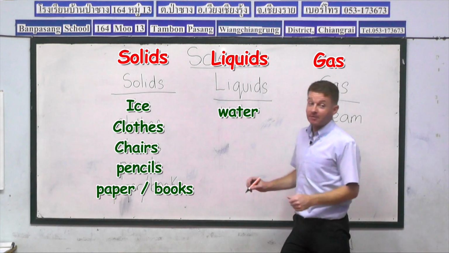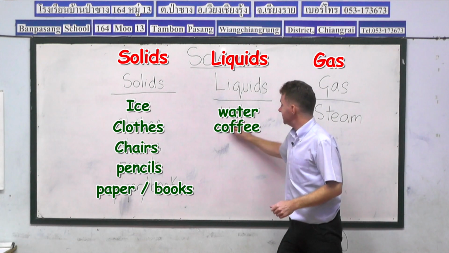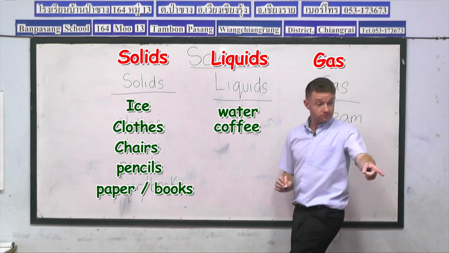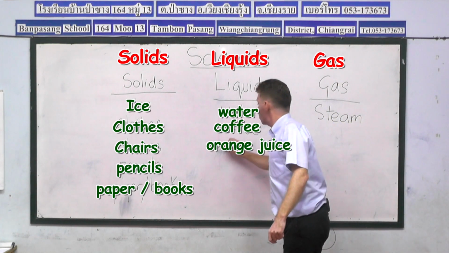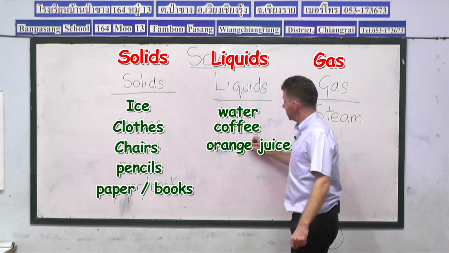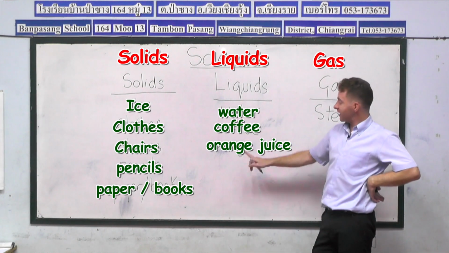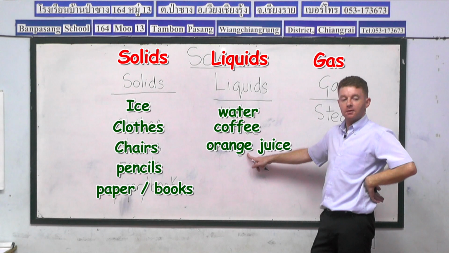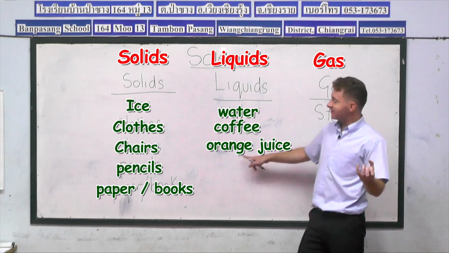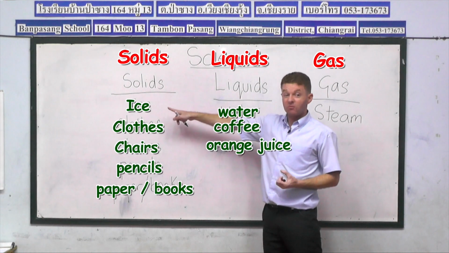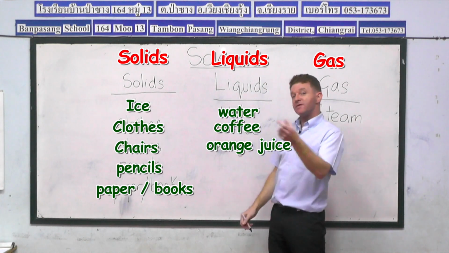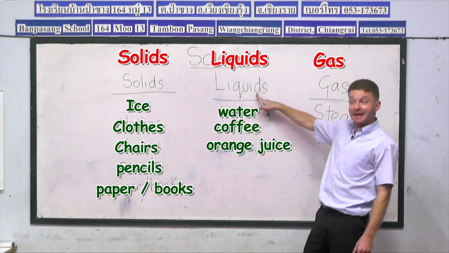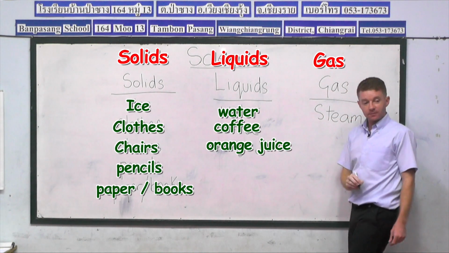Very good, okay, let me write some down. So we've got coffee, C-O-F-F-E-E. Then, orange juice. O-R-A-N-G-E. How about orange? Okay, here's the test for you. Orange, the fruit. What matter is orange, the fruit? When we have the fruit orange, it is a solid. You see, food is a solid. But if we turn it into orange juice, it becomes a liquid. And then any other liquids, guys? Green tea, okay.